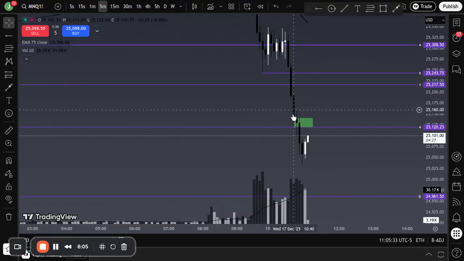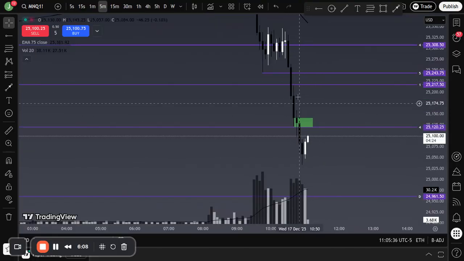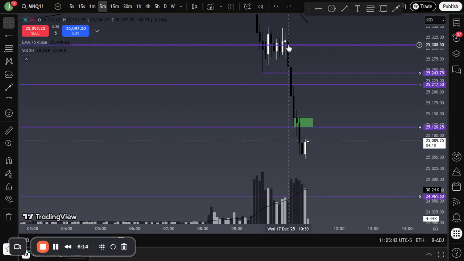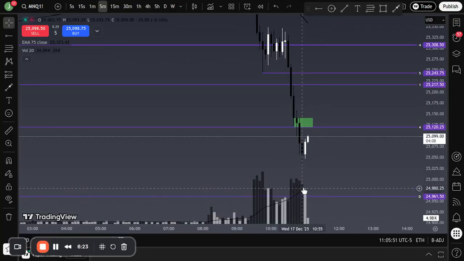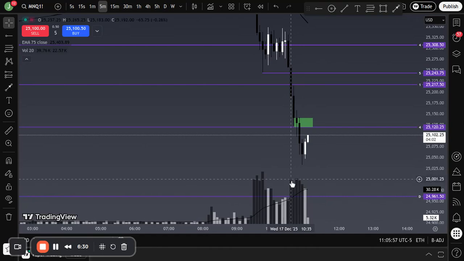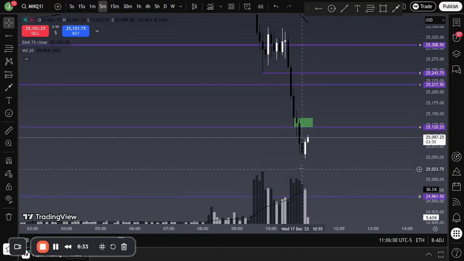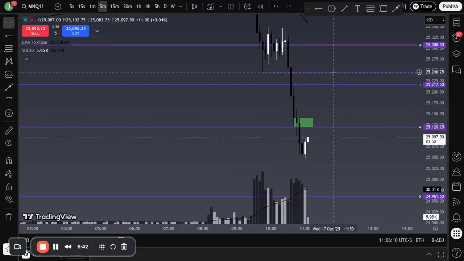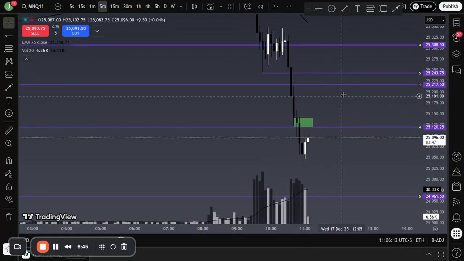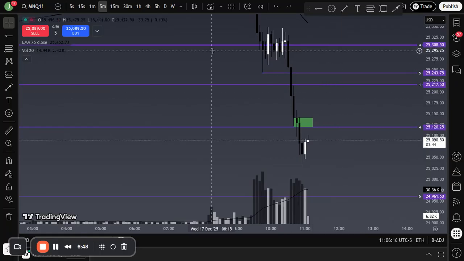One thing that makes me a little suspect about this right here is that we got this delivery into the 4, and these highs are not being taken out on the 5-minute. Here we just took the high, and then this volume. Whenever I see the volume stacked like this, I've seen reversals come out of profiles like this enough times to be super skeptical about trying to get in short too early. Like I said, I really do like this area right here, and this right here makes me want to try to long into that area, but